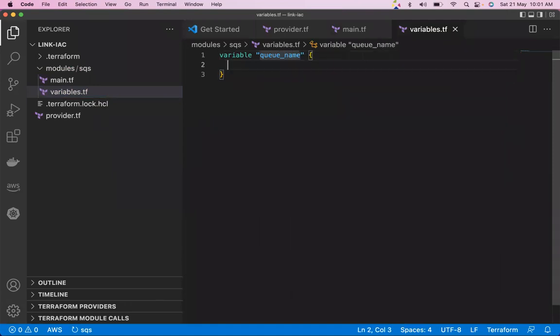Queue name. String. And if you want, you can give a default value. Otherwise, don't specify a default value, your choice. Variable,